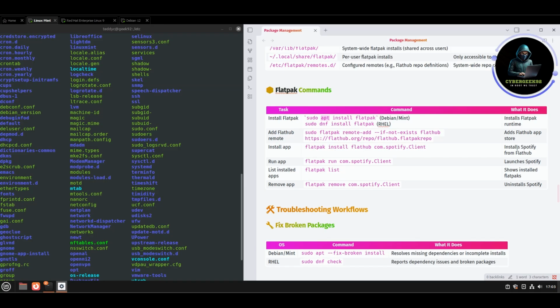For example, this one will install Spotify from Flathub, which is like a store where you just download packages from. Then you can run whatever you install with flatpak run com.spotify.Client. We can do flatpak list to show all installed Flatpaks, and we can also remove with flatpak remove and then the name of the package. So this is how